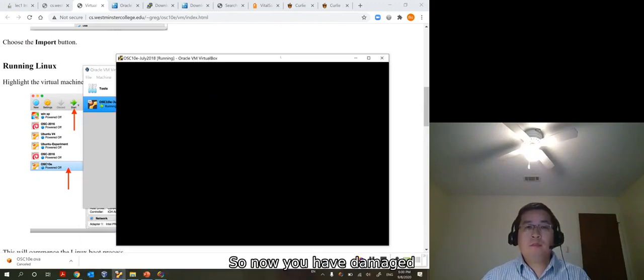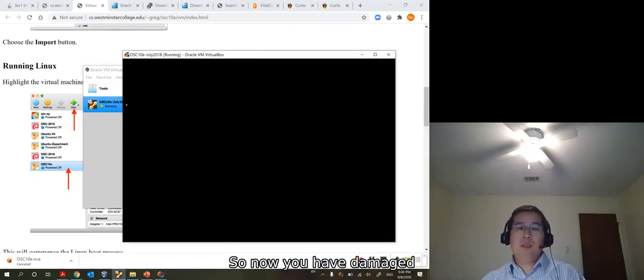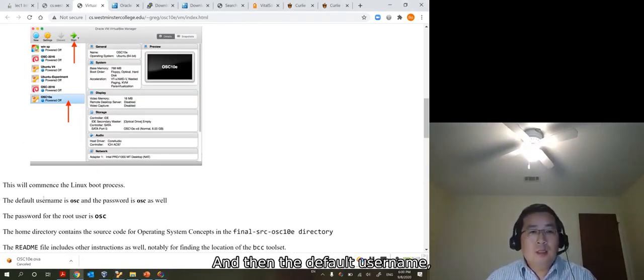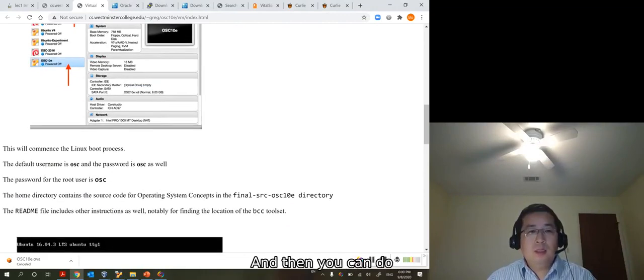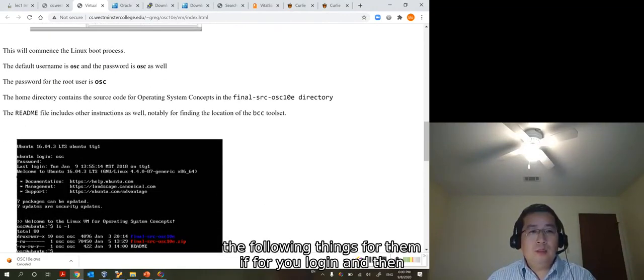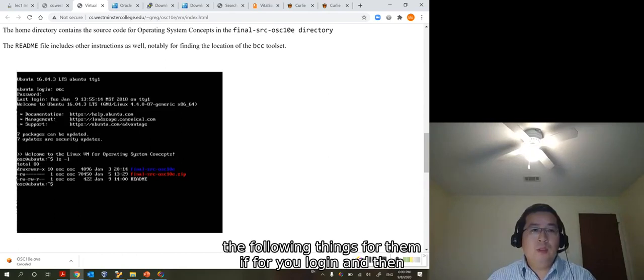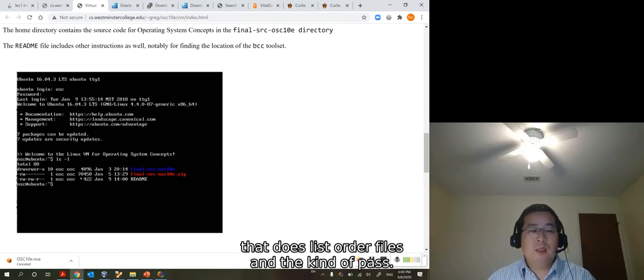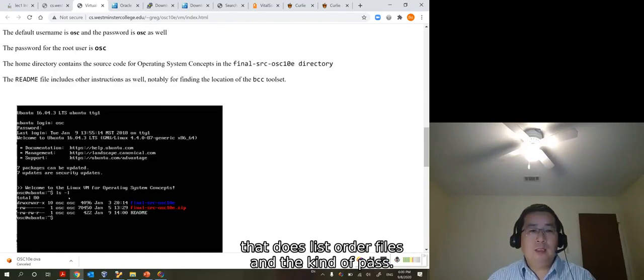Now this is running Ubuntu in your Windows operating system. The default username, I think I already logged in. Then you can do the following things. For example, if you log in and use ls, this is a Linux command, it just lists all the files in the current path.